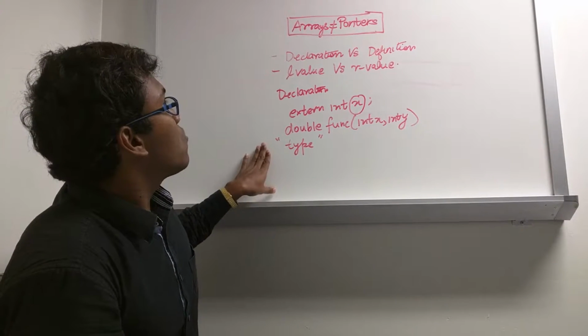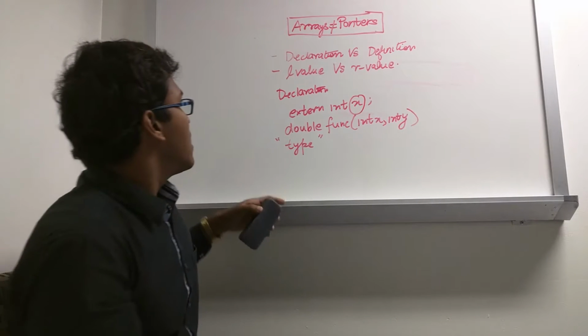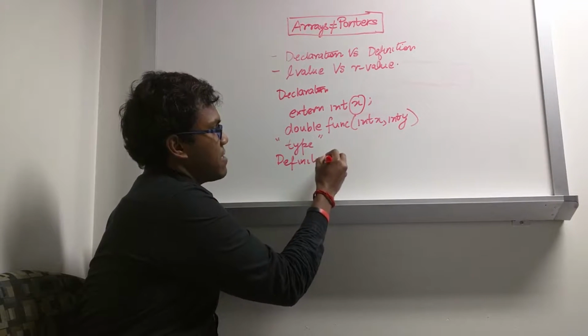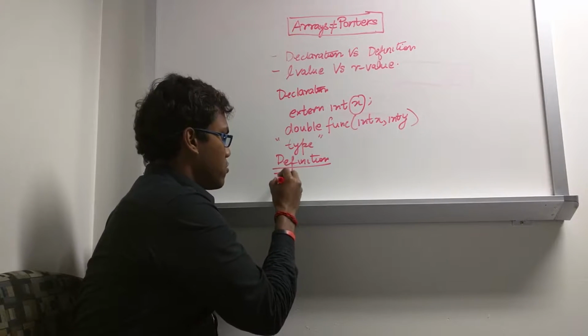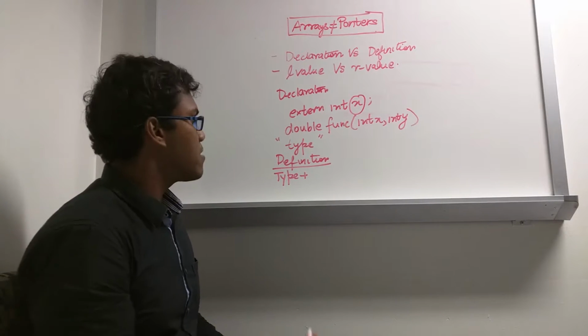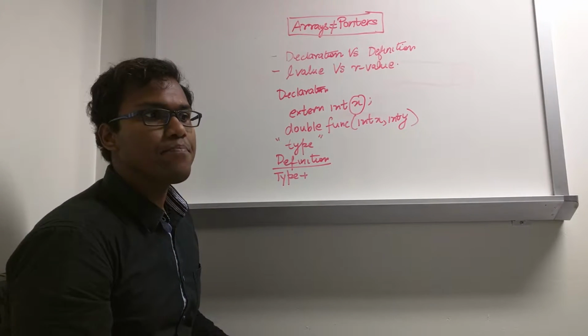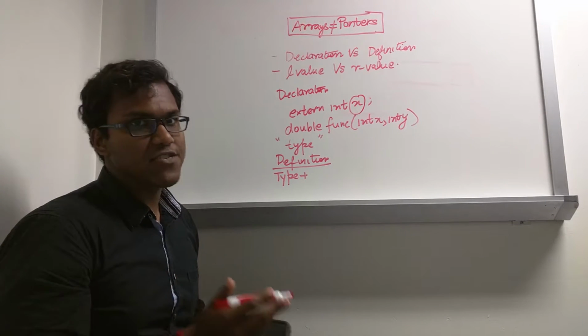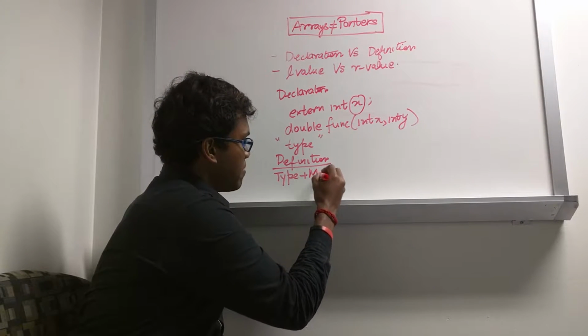And now what is a definition? A definition, on the other hand, gives you additional information. It not only tells you the type, but also reserves space for it. How does it reserve space for it? So a definition also gives the compiler the additional information of size. For example,